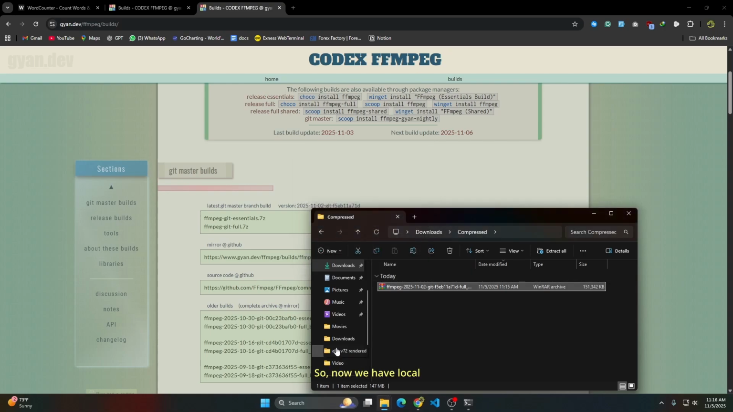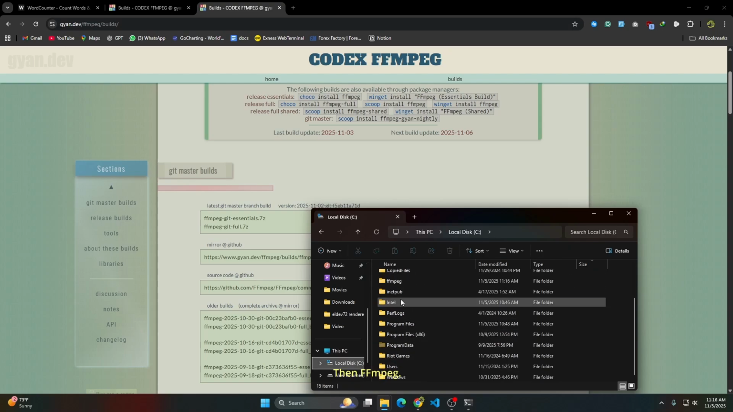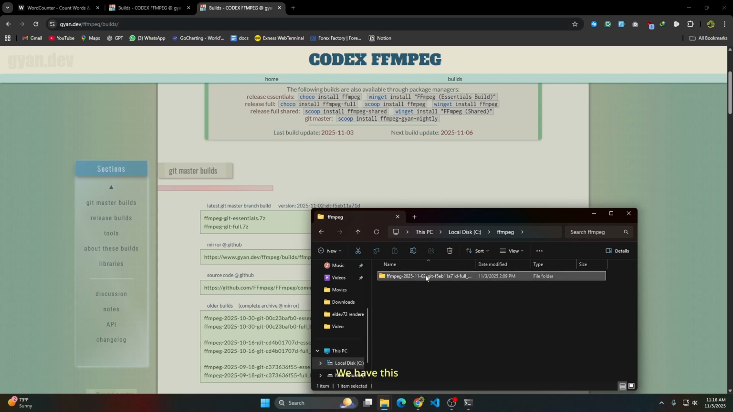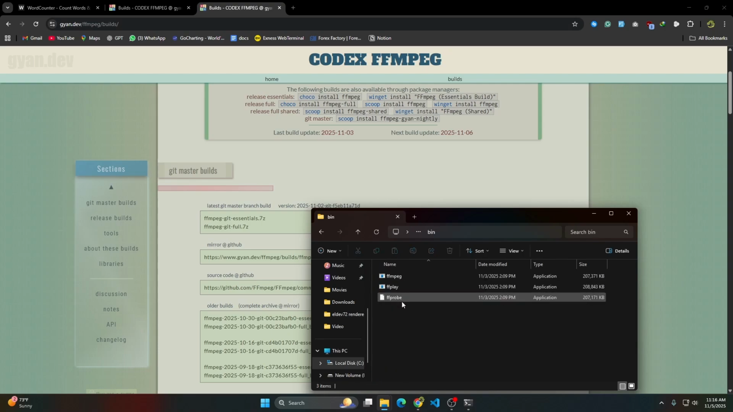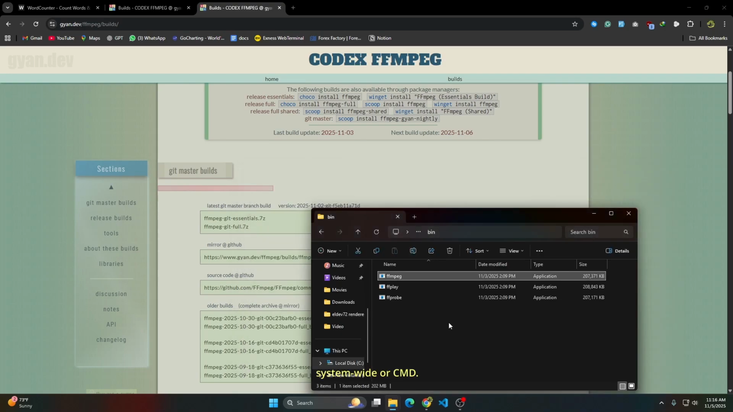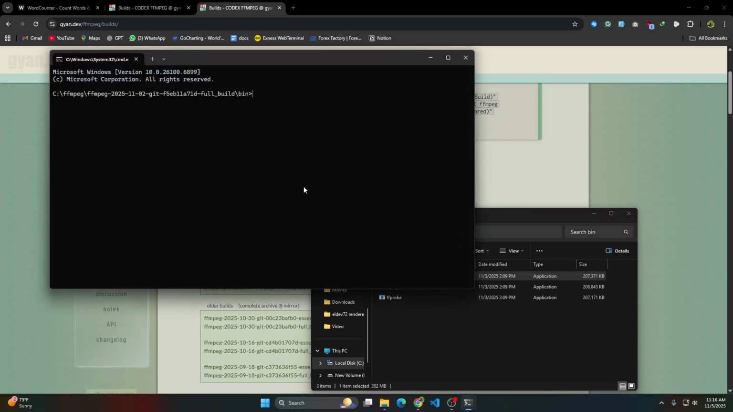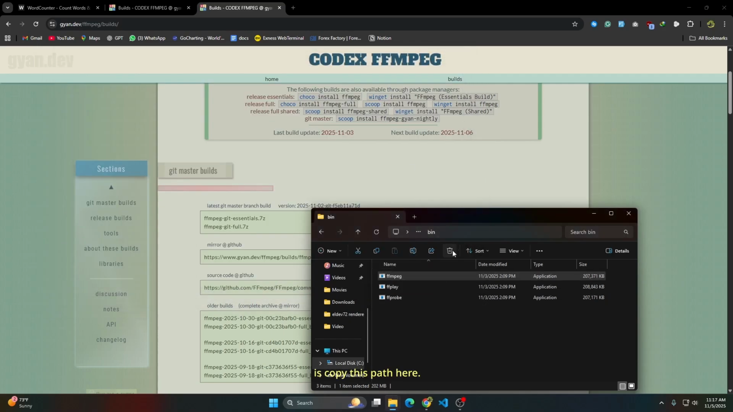so now we have local disk C, then FFmpeg. We have this folder now, bin. So FFmpeg is here. You can run the application, but the problem with this is that it's not system wide or CMD. There will be interference. So the next thing you are going to do is copy this path here, copy it,